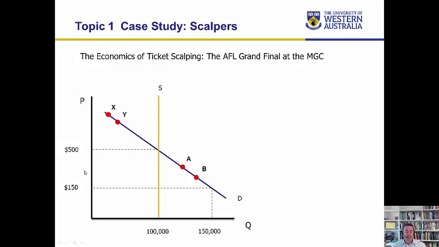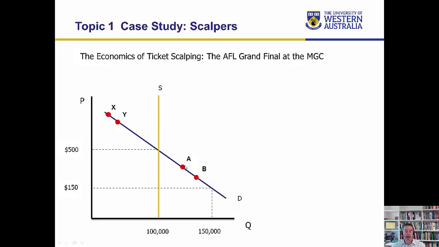What scalpers do is they actually grab 10, 20, 30 tickets. And let's just assume that a scalper for this particular event buys up 2 tickets. And that scalper actually prevents person A and B from attending the event. Without the scalper, A and B would have got those last 2 tickets. With the scalper, A and B miss out. So what the scalper does is they prevent people A and B from attending the event.